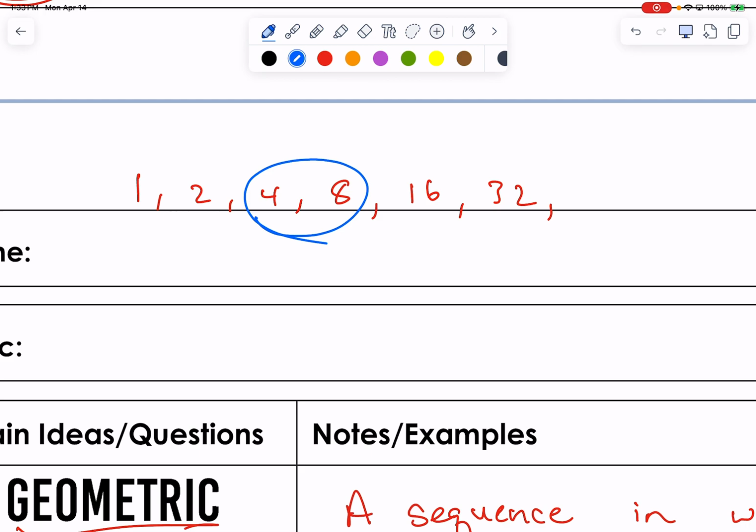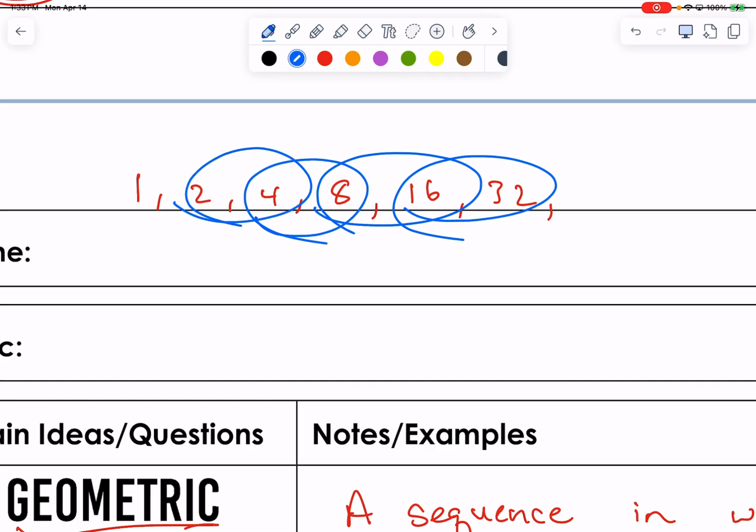What's 8 divided by 4? 2. If I do 32 divided by 16, I'll get what? 2. If I do 16 divided by 8, I'll get what? 2. If I go 4 divided by 2, I'll get what? 2. If I go 2 divided by 1, I'll get what? 2. No matter what, if you take a term divided by its previous term, everybody say, a term divided by its previous term,